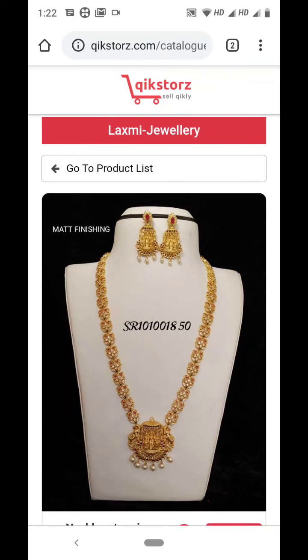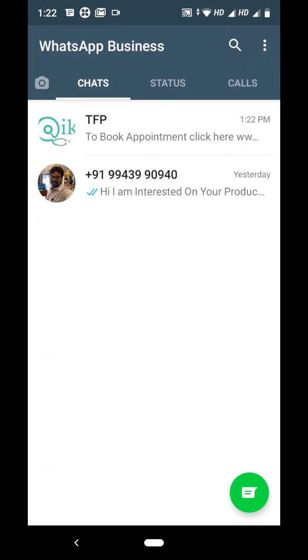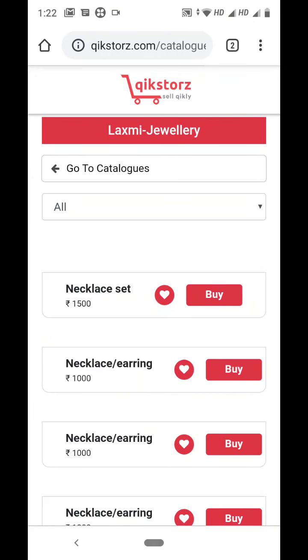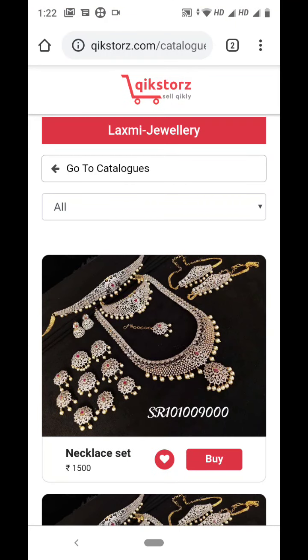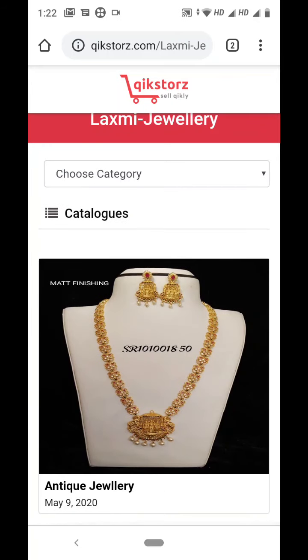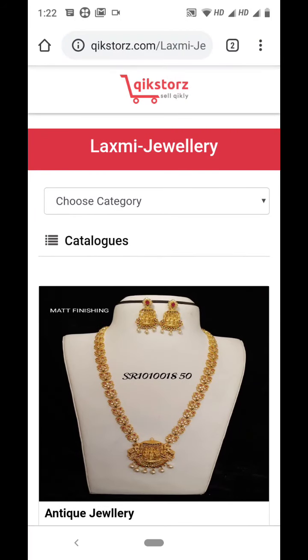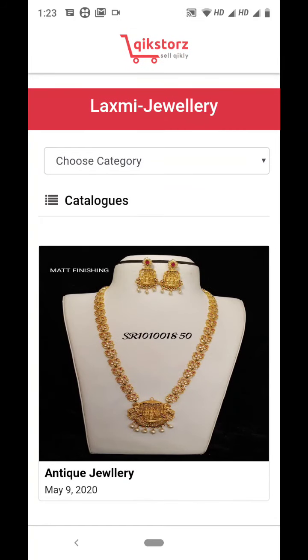In the same way, if your customers want to see the other products, they can click on the link. If they want to see the other catalogs, they can go to the catalogs and see what catalogs you have. If you have more than 5-6 catalogs, that will be visible here, and they can see catalog-wise products of your store. This completely acts as a store for your retail store, or maybe you are dealing online. So this acts as a store, so people can come to this store anytime by clicking your link, and they can see the products you have. So now I'll direct to the app.